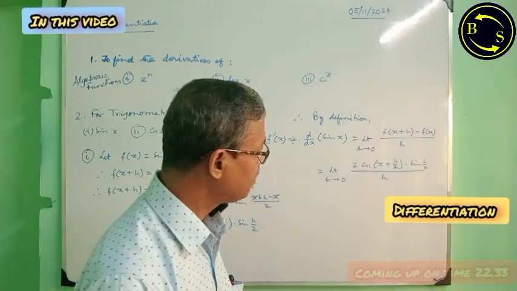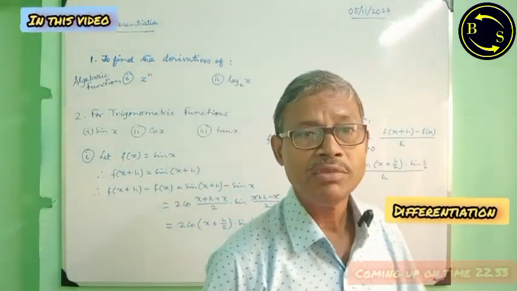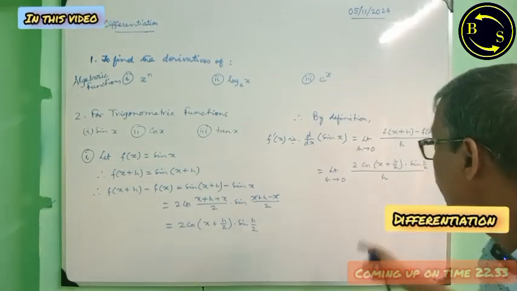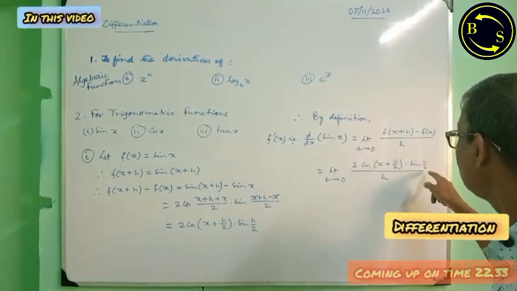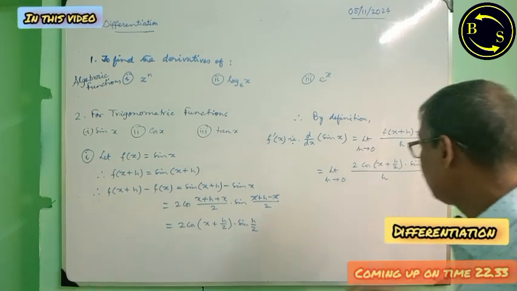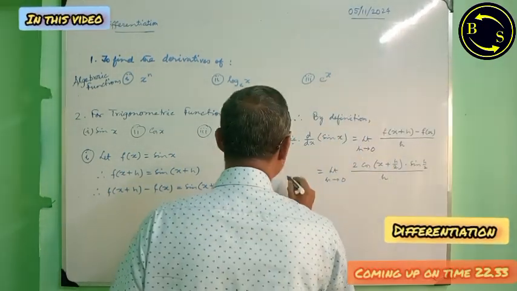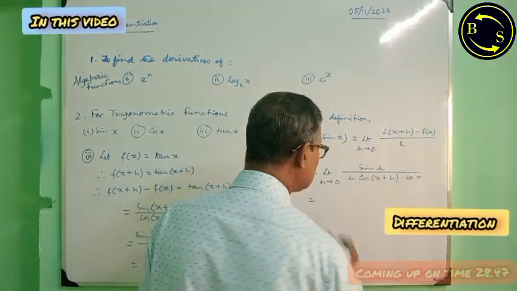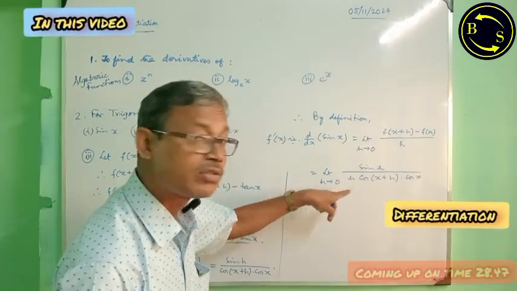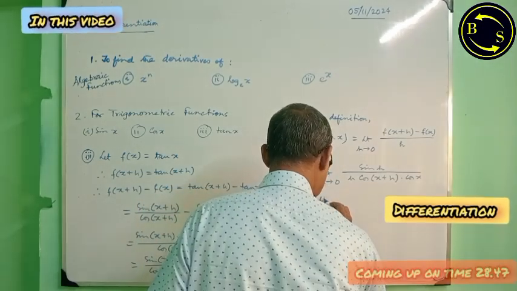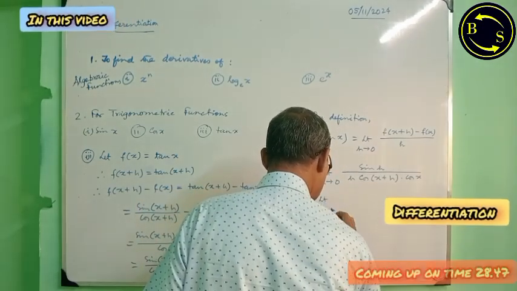now we have the standard limit x tends to 0 sin x by x, that is equal to 1. Here we are getting sine form, but the angle is h by 2. To get the standard form, we rewrite this like this. Now sin h by h, limit h tends to 0, that is standard limit. That is why I write like this, limit h tends to 0